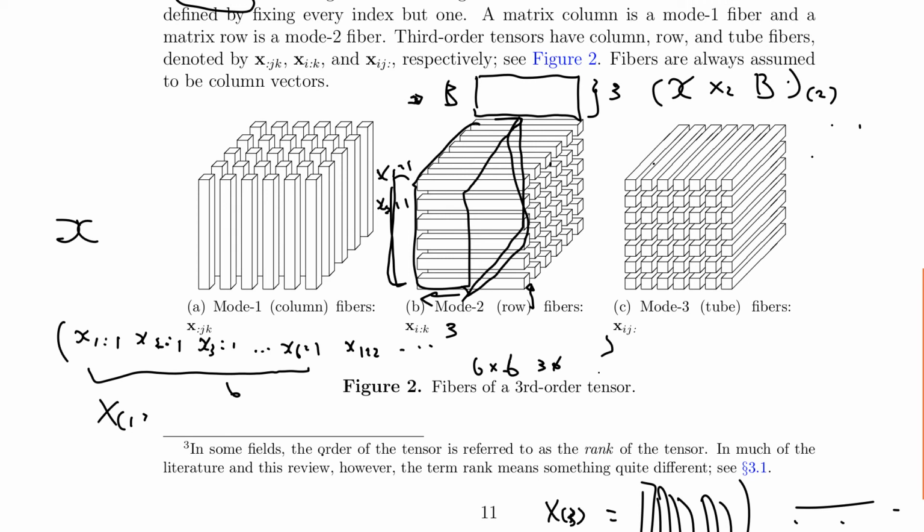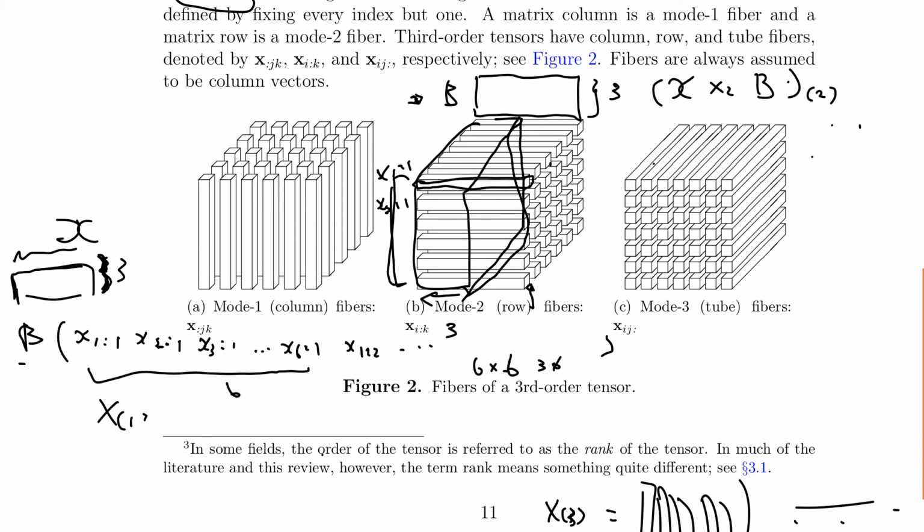Note that I'm doing this dot product along this dimension, so I should really multiply B on the left-hand side. As you can see, B is a matrix with a shape like that: along the first index I have 3 of them, and the second index is basically the length of this fiber here.